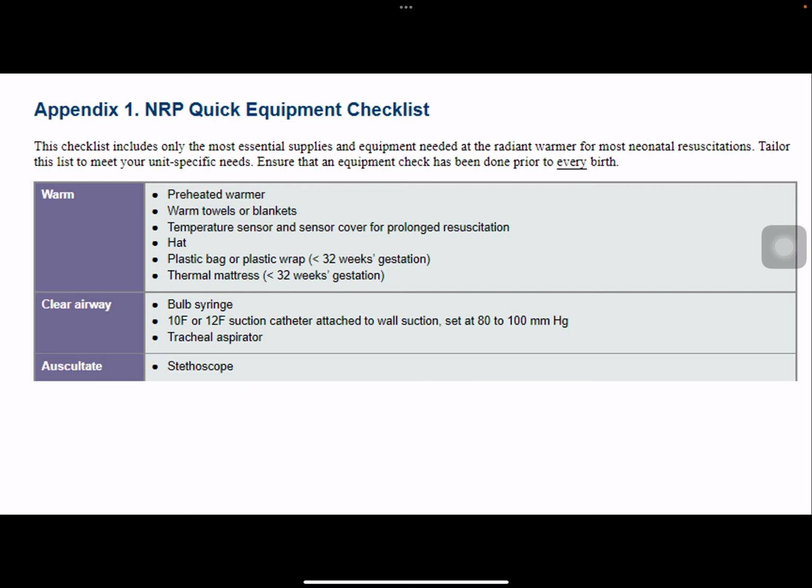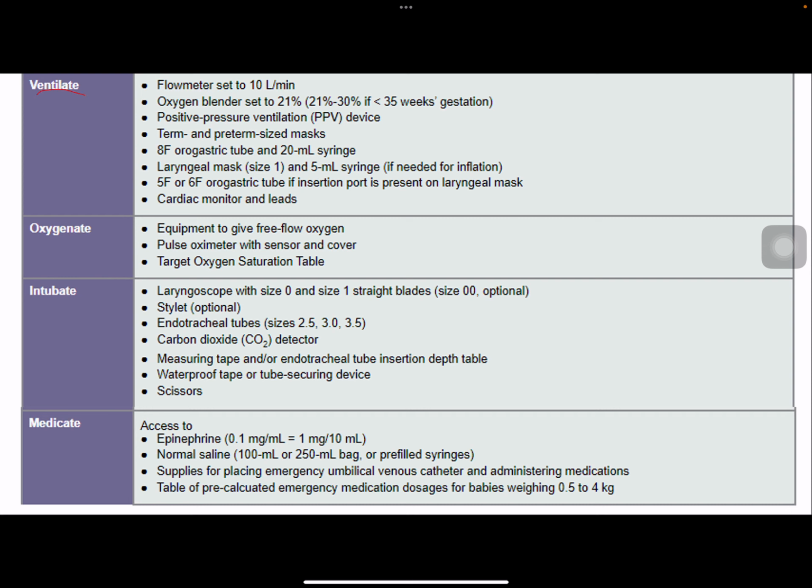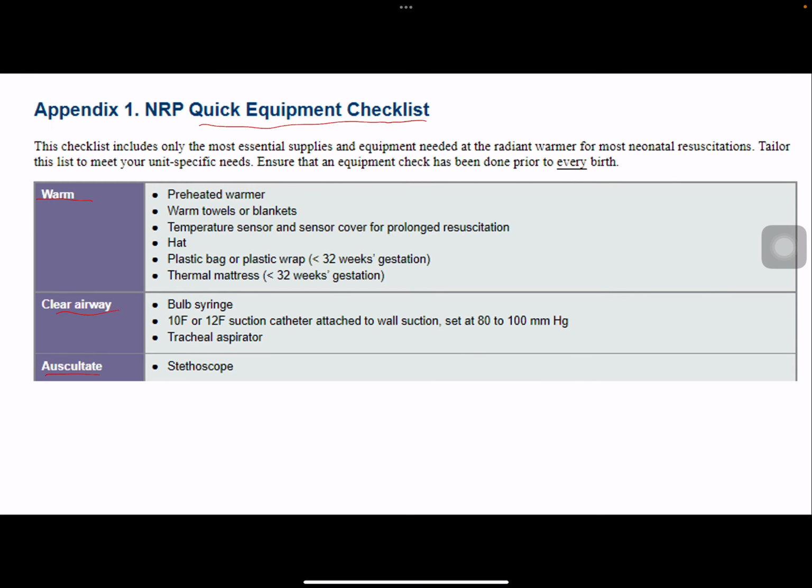All right. So the NRP quick equipment checklist. So this is the checklist: warm, clear airway, auscultate, ventilate, oxygenate, intubate, medicate. So a preheated warmer, warm towels or blankets, temperature sensor and sensor cover for prolonged resuscitation, hat, plastic bag or plastic wrap for less than 32 weeks gestation, thermal mattress for less than 32 weeks, bulb syringe to clear the airway,